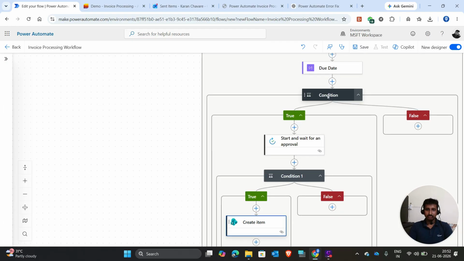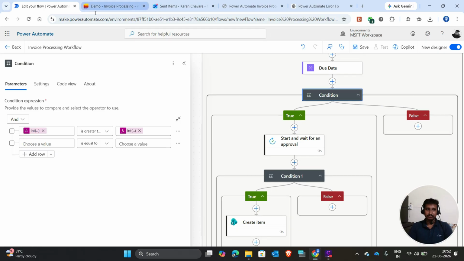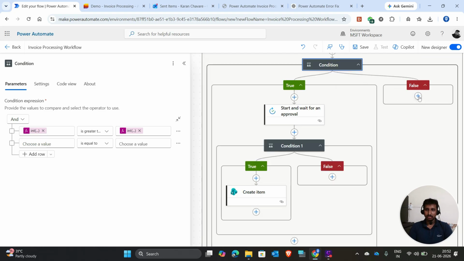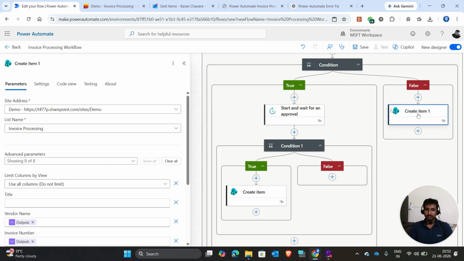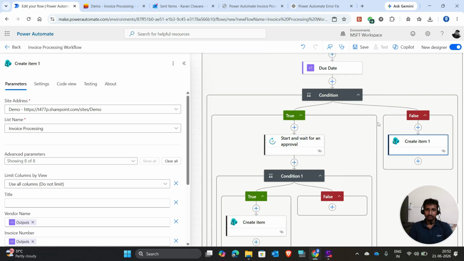let's say for this condition, my invoice amount is not greater than 5,000, which is less than 5,000. So I don't need an approval from a manager. So I can directly create an item into my SharePoint list. So what I will do, I will just copy this action, create item, and over here inside this false branch, I will right click and paste an action. Okay, so it got pasted. Okay, so here it will simply create an item into my SharePoint list. Okay,